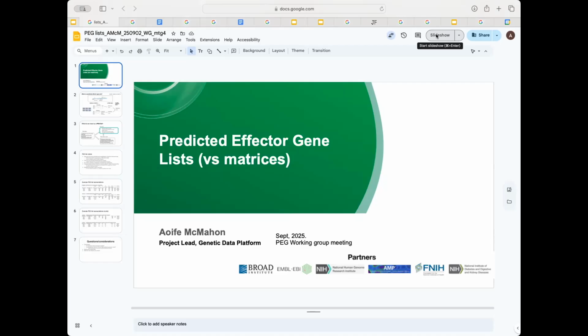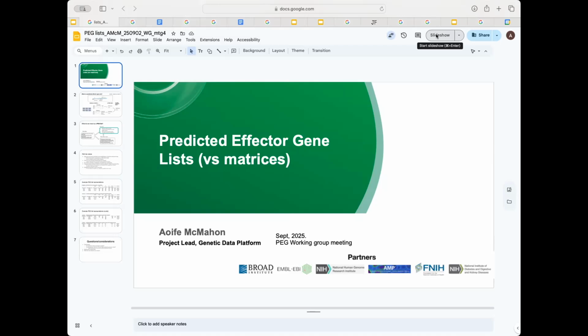The way we're thinking about PEG lists now is as a high-level summary, a distillation of the best prediction for each GWAS variant in that matrix. It somehow represents the different evidence types, and it includes a score, a rank, some kind of integration, which is the author saying this is the gene I think is the effector gene for this variant. So that's what we think are the key features of a PEG list.